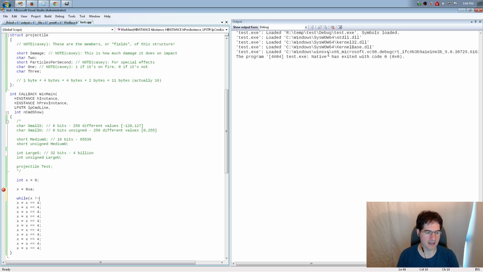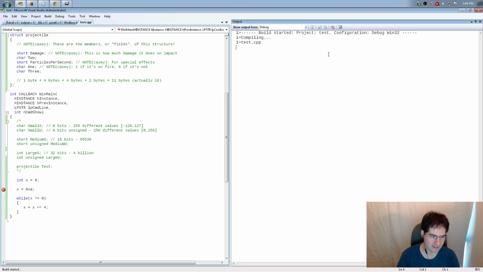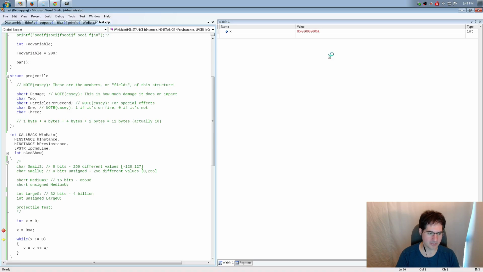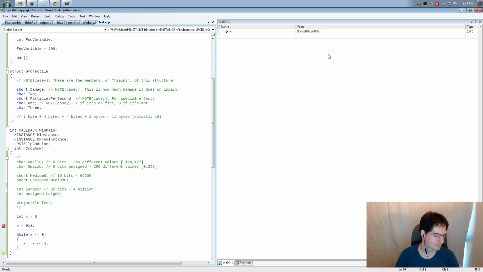So I'm going to say while x is not equal to 0, right? Because if x is equal to 0, that means we shifted the A all the way off the end. So while x is not equal to 0, I'm going to shift it. And I'm just going to keep on shifting it and shifting it till it gets off the end, right? So if I run this, I go into my while loop. X is obviously not equal to 0 yet. So I go in here and I shift it, and you'll notice it just keeps on executing until we finally shift it all the way off, and now that's not true, and bam, I'm out, right?